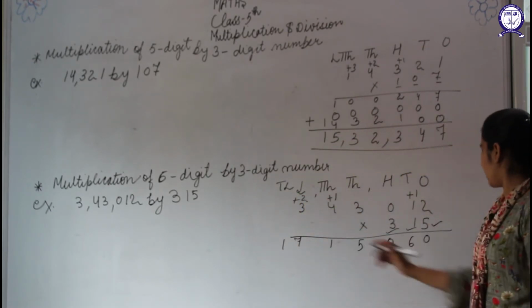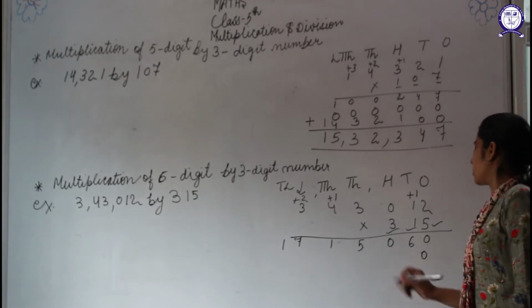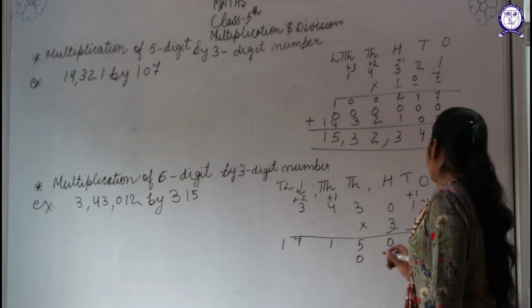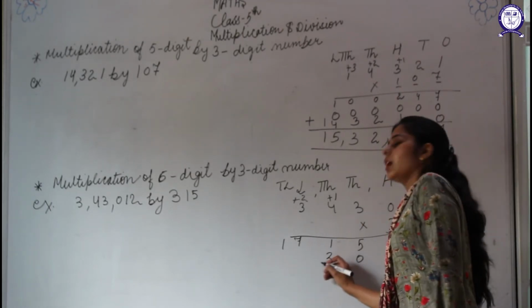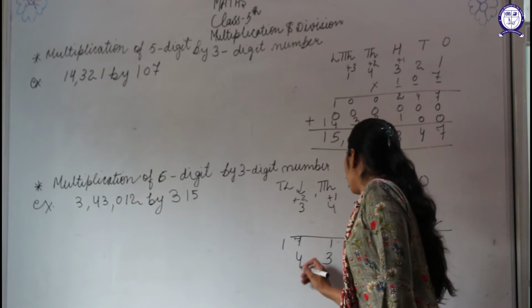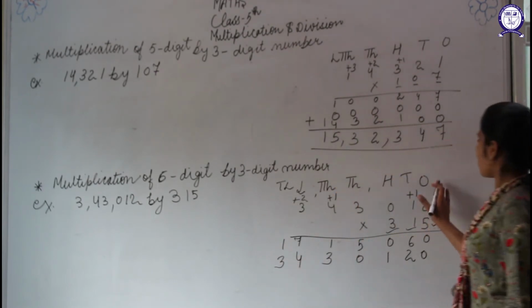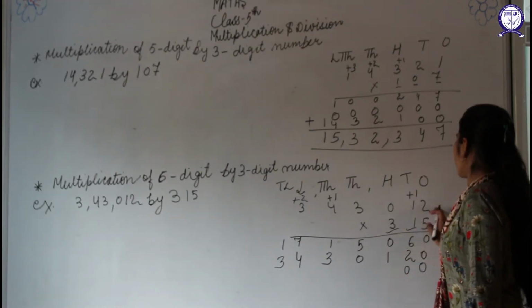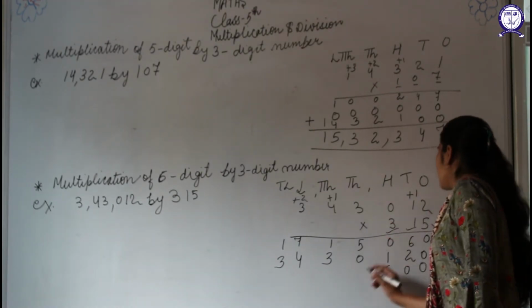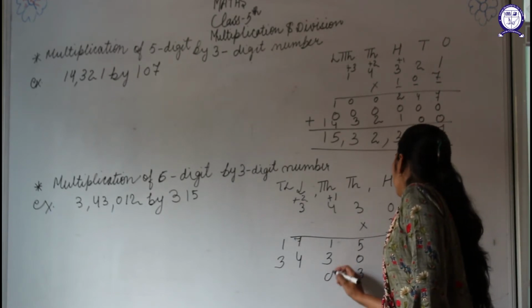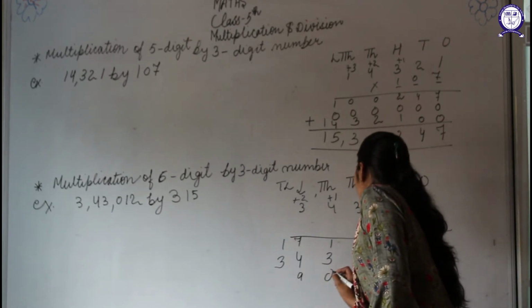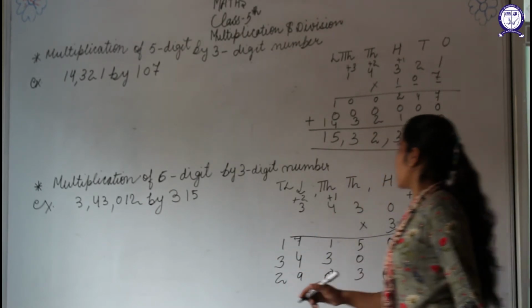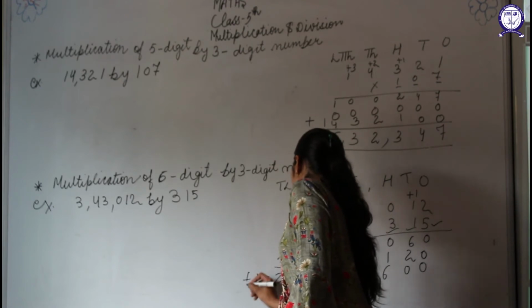Now multiply the whole number by 1. You can also write a 0 or a cross. 1 twos are 2, 1 ones are 1, 1 multiply 0, 0, 1 multiply 3, 3, 1 fours are 4, 1 threes are 3. Now at ones place and tens place both you have to write 0 or cross sign. So 3 twos are 6, 3 ones are 3, 3 multiply 0, 0, 3 threes are 9, 3 fours are 12, carry 1, 3 threes are 9 and plus 1, carry.